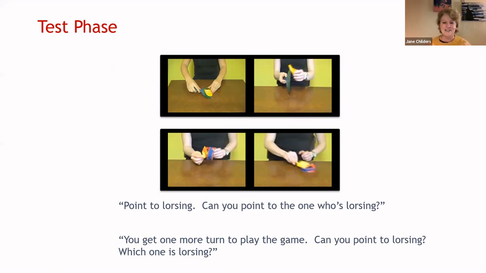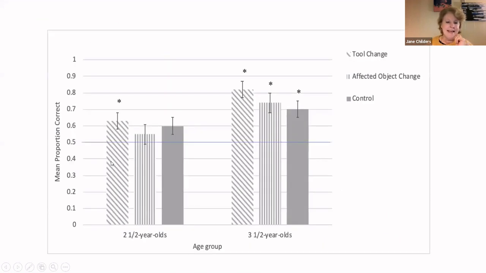So then at test, here's our test trials, and they get 2 chances. Here, there's not one that's easier or one that's more difficult. They're just 2 different ways of showing the event. One where we flip it, and we have different distractors. Can they do it? And here's what we found, that the 2.5-year-olds could learn and extend the verbs, but only